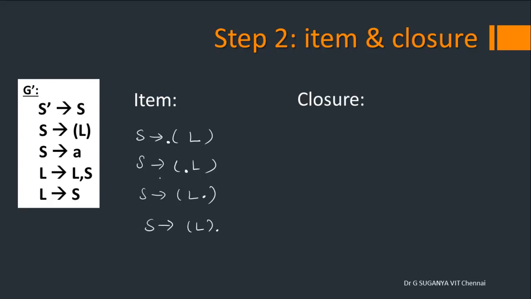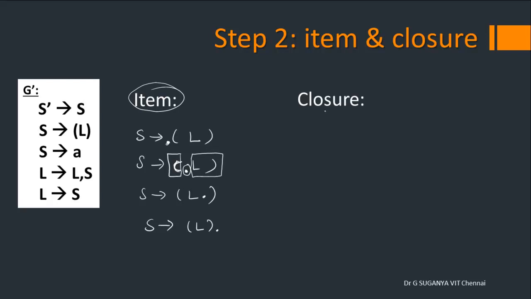So let's say you take this particular item, where the dot is here. The portion before the dot represents the fact that in your input stream you have seen this left bracket, and in your input stream you are expected to see capital L, which will again be derived into many different terminals, and a right bracket symbol. So at any point of time, you can divide the item into two parts: what has been seen currently on the input, and what is expected to come on the input stream. So that's what an item means. An item refers to a production with a dot in some place.